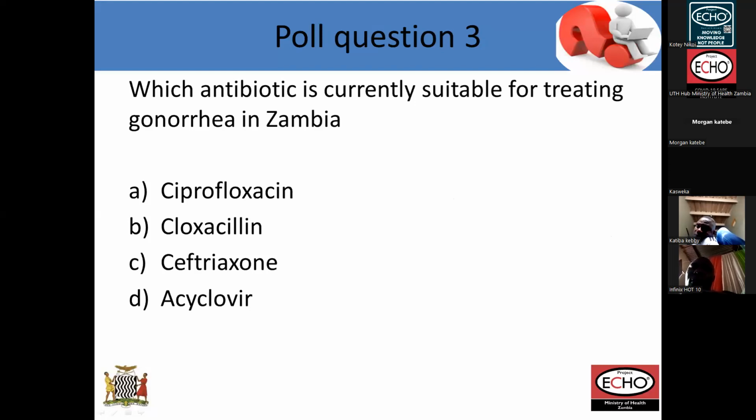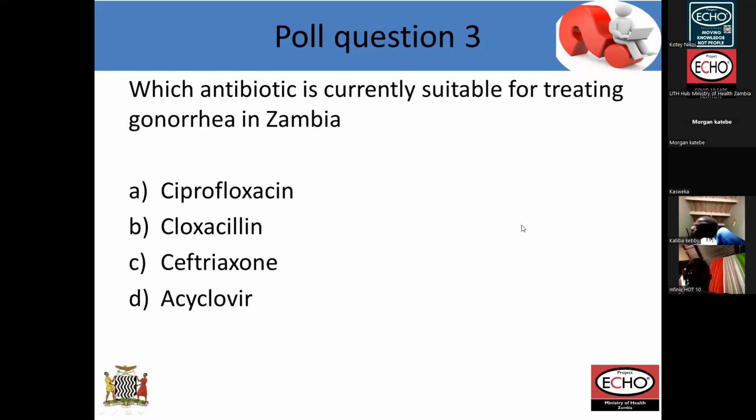So like I said, the approach to management depends on what you have. If you have treated and you think you treated for syphilis based on the clinical presentation, based on your history and clinical findings, and you were confident of having treated syphilis at a certain facility, and the patient still keeps coming up, then you can send them to a higher level.